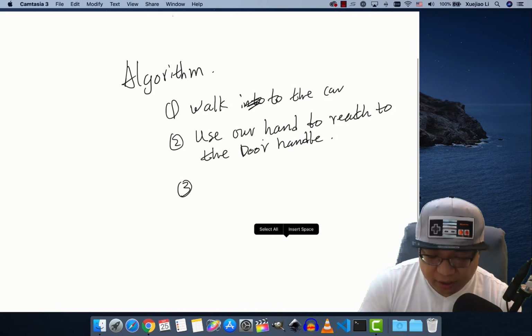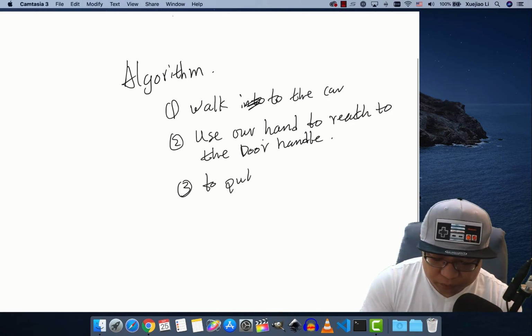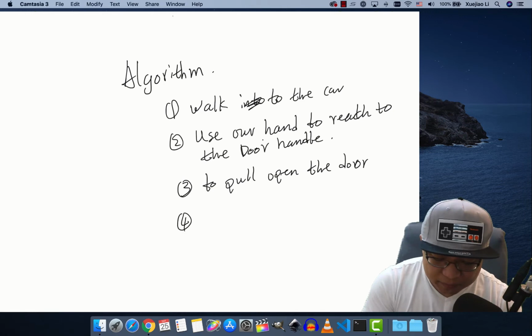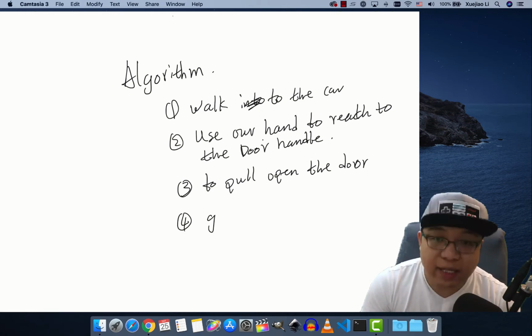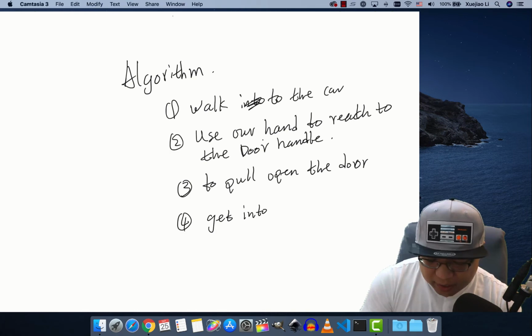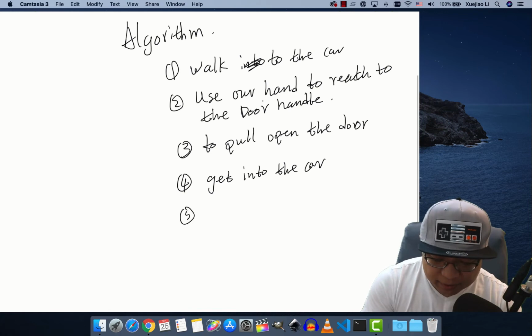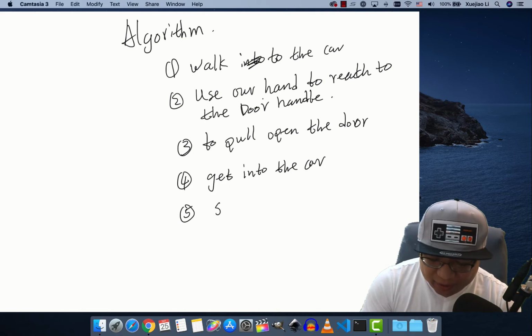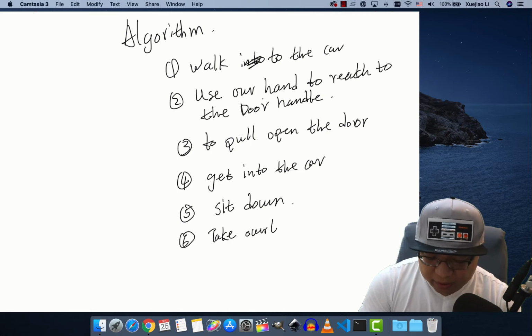The third is to pull and open the door. Next, we need to get into the car. Step 5, sit down. And 6, take out